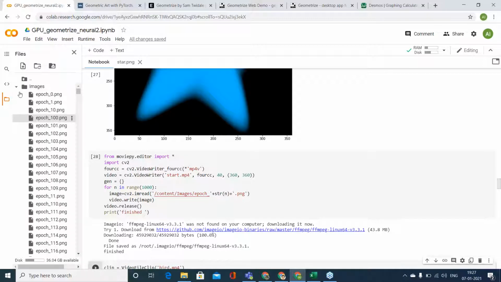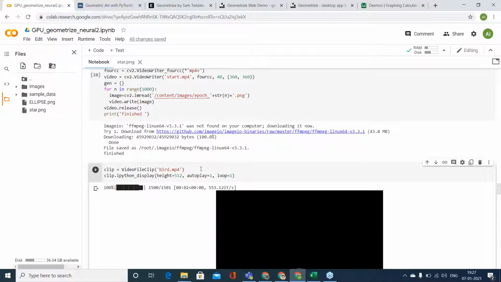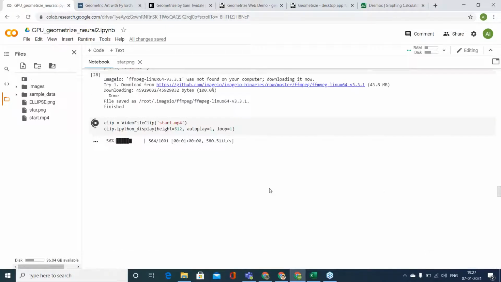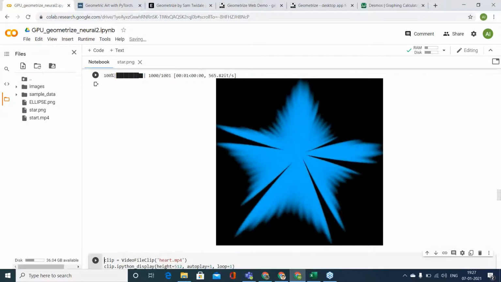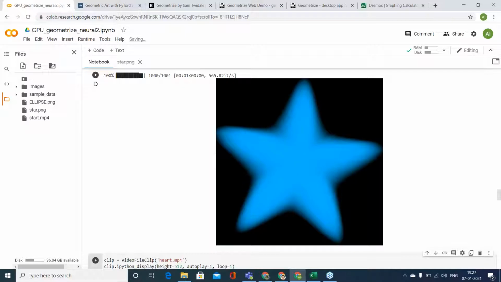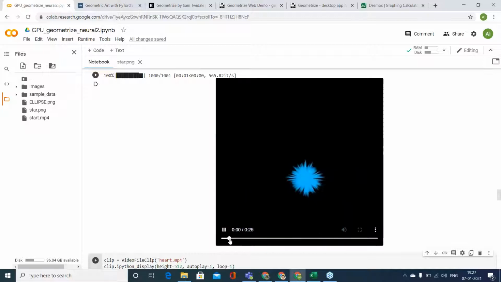Now we're just constructing a video out of it. So you see, I started with a small circle, then within very few epochs, it has approximated the shape.